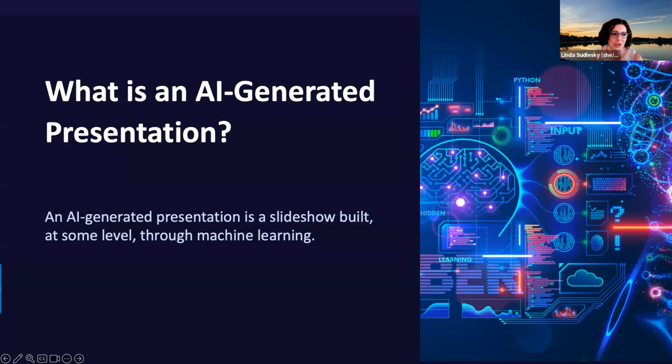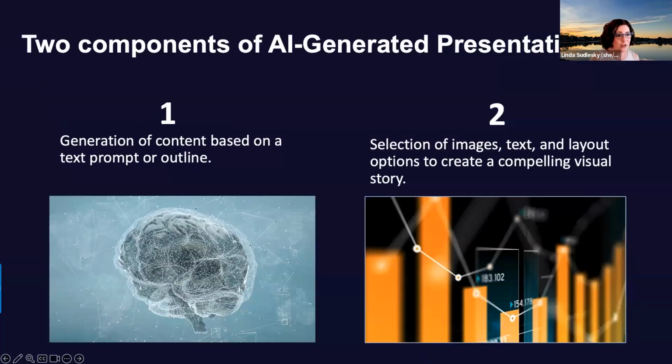So what is an AI-generated presentation? By definition, it is a slideshow built at some level through machine learning. And the reason I say at some level is because from my perspective, there are two main components of AI-generated presentations. The first is the generation of content based on a text prompt or an outline. And the second is the ability to select images, text, and layout and provide you with options to create compelling